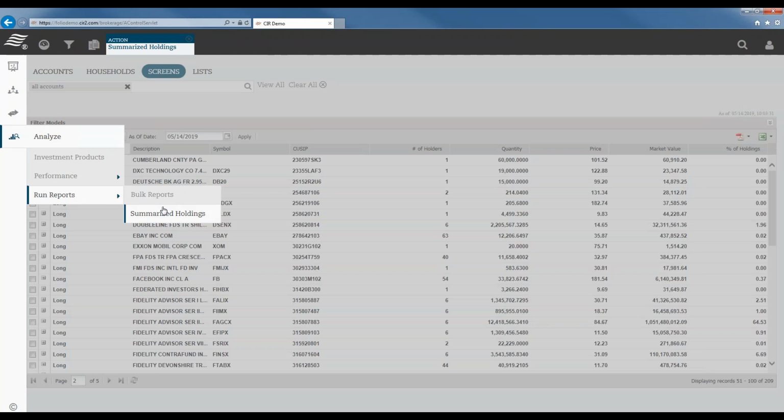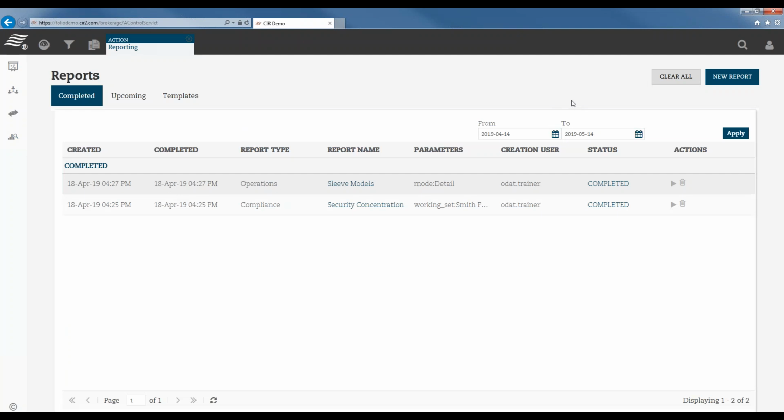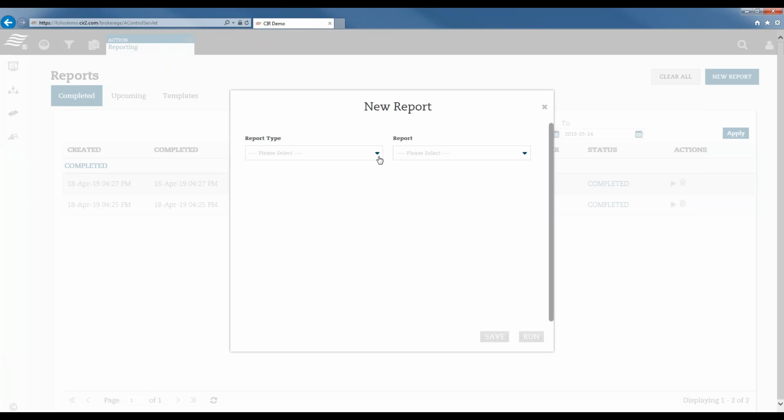Okay. Also under reports, you're going to see bulk reports. So again, there are a variety of reports available to you. If we say run new report, you will see two options, compliance and operations. If we run a compliance report, and I think we talked about this a little bit, but let's say we want to look at non-model holdings. We want to look at it at the account screen level, and we want to look at it in account mode. So, like we talked about before, you want that save screen or some save screen to pull the accounts in. So we're going to run this,